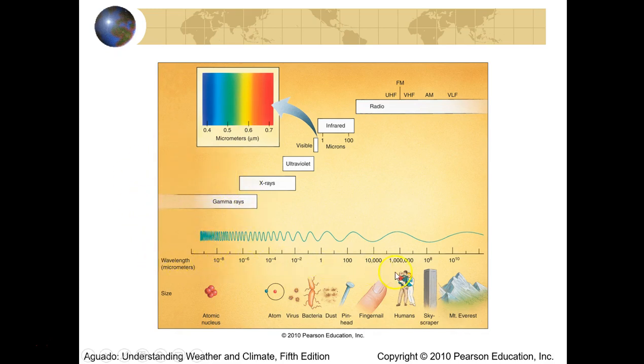This chart shows you the different names of electromagnetic radiation, with the strongest to the left, and as you go to the right, they become progressively weaker. As you notice, the wavelengths here start with gamma, X-rays, ultraviolet, visible, infrared, and radio. The wavelengths down here to the left are called our short waves because you can see how closely together they are, and they're considered high frequency, powerful radiation.